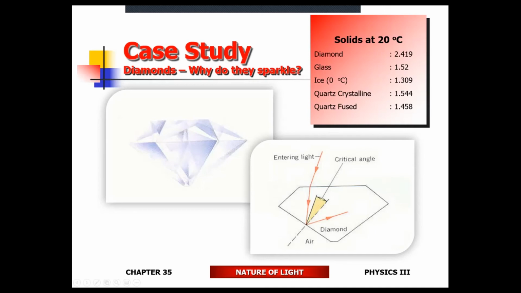And obviously the way they're cut matters. They're cut in such a way that most of the light, upon entering the diamond, whenever it hits the boundaries, is going to hit the boundary at an angle larger than the critical angle. So what happens? The light is just going to get bounced around. It keeps bouncing around until it finds a surface where it hits at an angle smaller than the critical angle. So the light is only going to escape from certain angles. If you're looking at it from that angle, it's going to look shiny. If you keep moving the diamond back and forth, it's going to look sparkly. That's what it means.